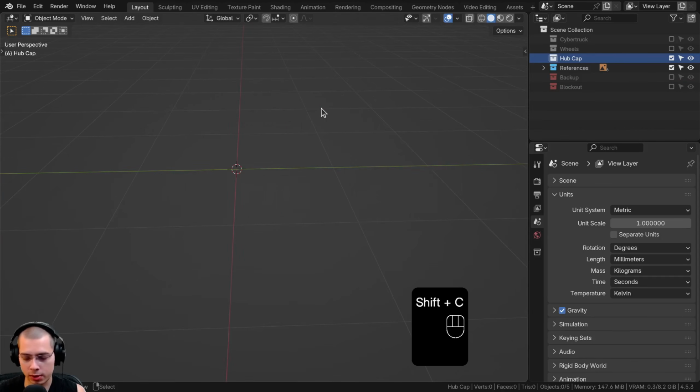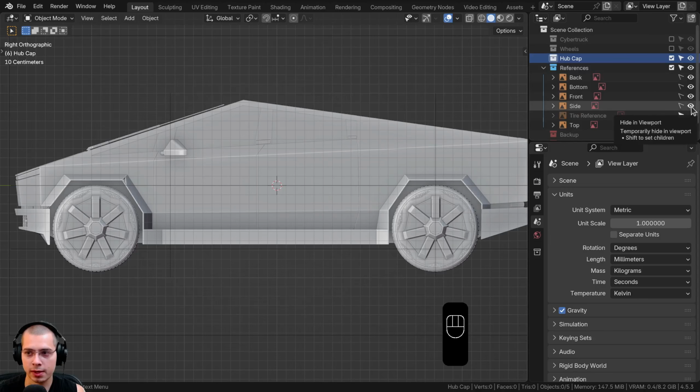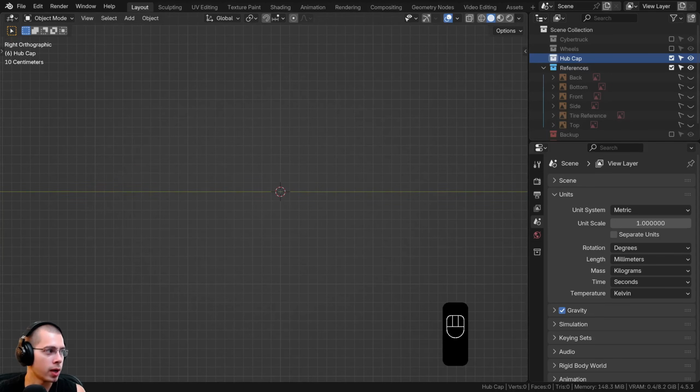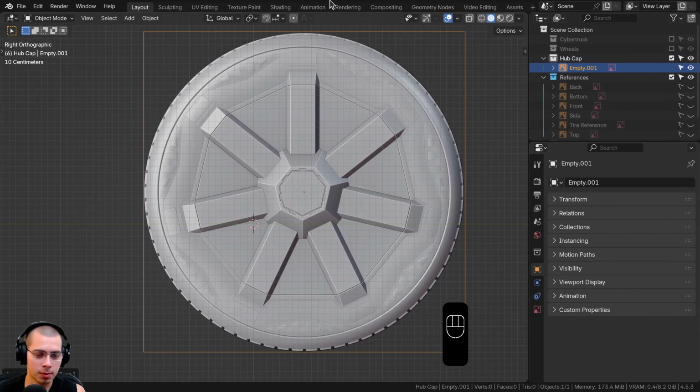So we'll center the 3D cursor and we're going to go to side view. And then also on the references here, let's just click on the little eyes here just to hide those references. And then also we can click on the arrow here so that it'll disable the selection. So now what we want to do is drag in the hubcap reference image from the reference image pack